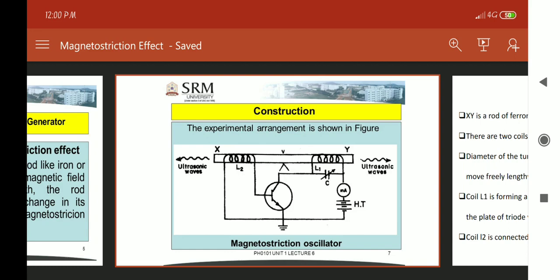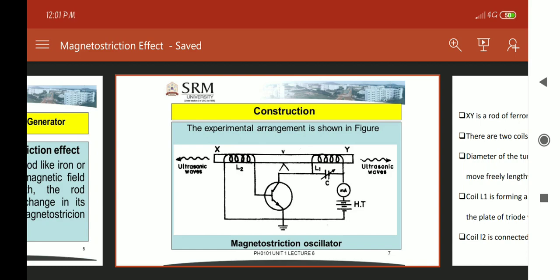Understood? Now the diameter of the turns of the coil is greater than the diameter of the rod, and due to this the rod can move freely lengthwise. Coil L2 is connected between the cathode and grid.